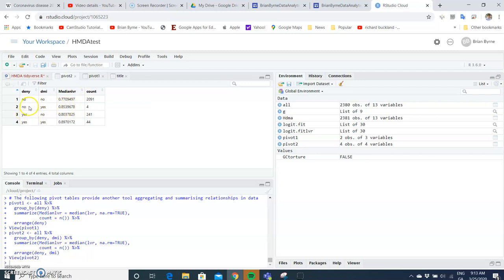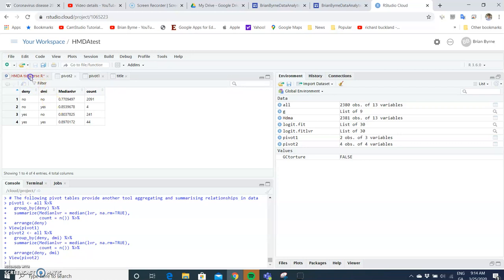The third grouping here is those who weren't successful in getting a mortgage but were successful in getting mortgage insurance approved. Again, LVR tends to be higher. The group is not trivial, it's 241. So there was a group here who did get mortgage insurance but did not get their mortgage approved. They were denied, and again, we associate that with a higher LVR. And then finally we have this smaller group who were rejected both for their mortgage and for mortgage insurance, and LVR here is typically quite high. Again, this would suggest that banks are somewhat prudential when lending. Higher LVR denotes higher levels of risk, and banks are cautious and not in every instance prepared to take on